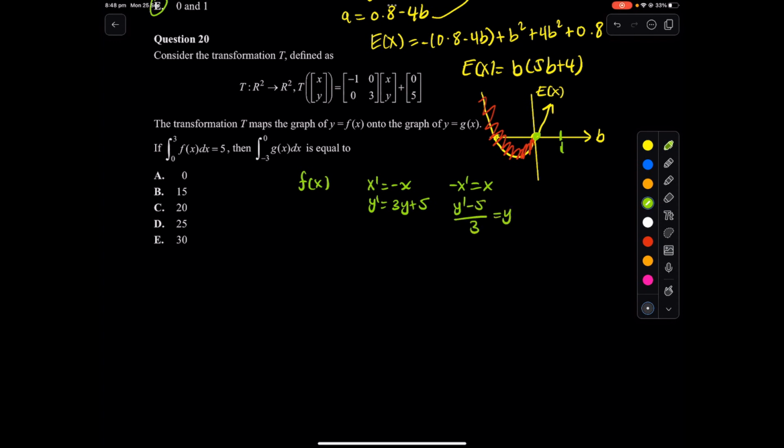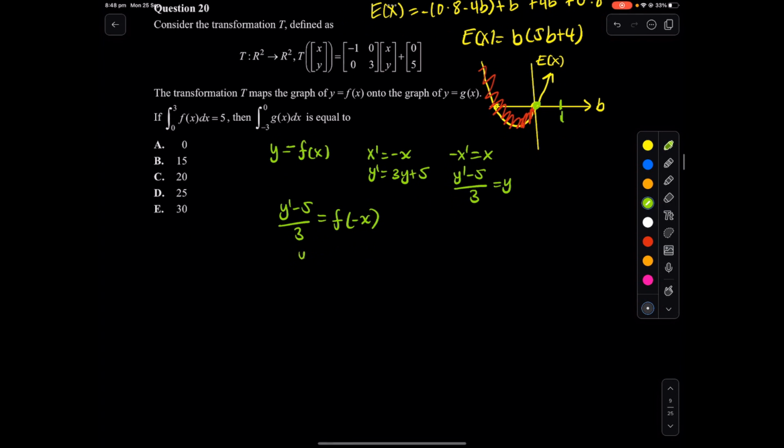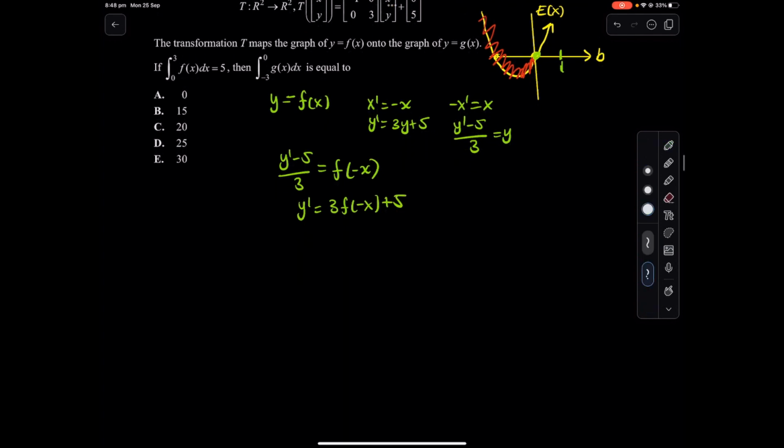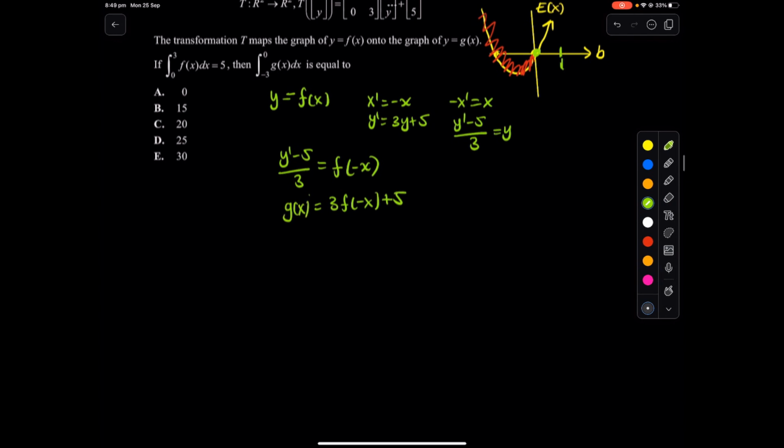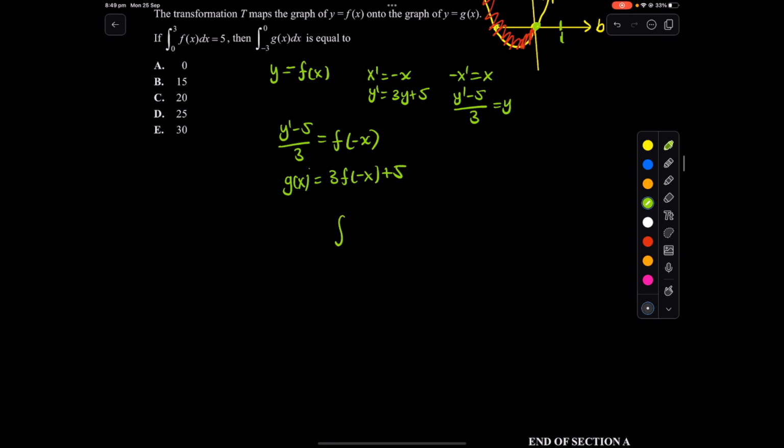So subbing that into f of x, so for example, this is y equals f of x. So it will be y dash minus 5 over 3 equals f of negative x. Solving for y dash, 3f of negative x plus 5. Okay, so this over here is now transformed. So this is actually your g of x. This is your g of x. So let's really look at what's happening. So if I was going to integrate g of x,